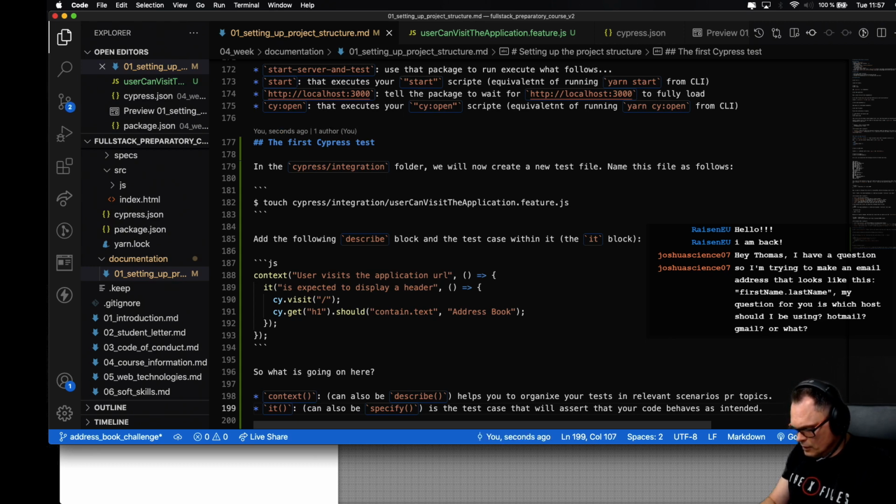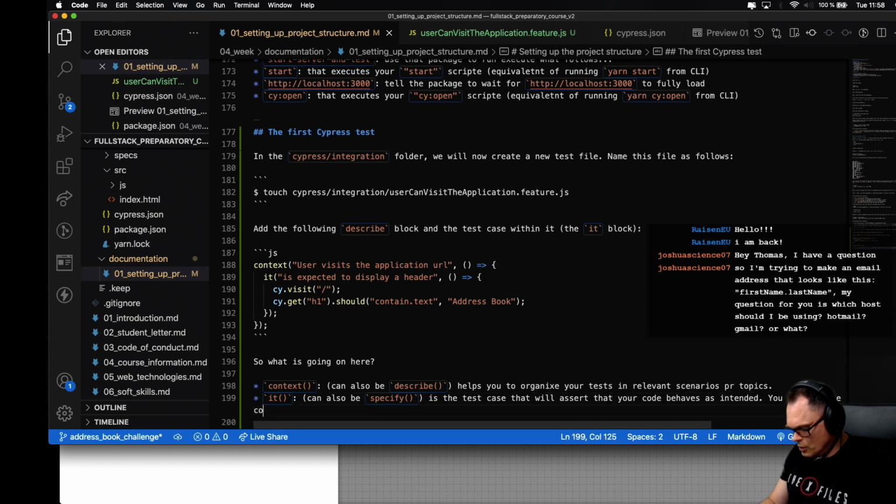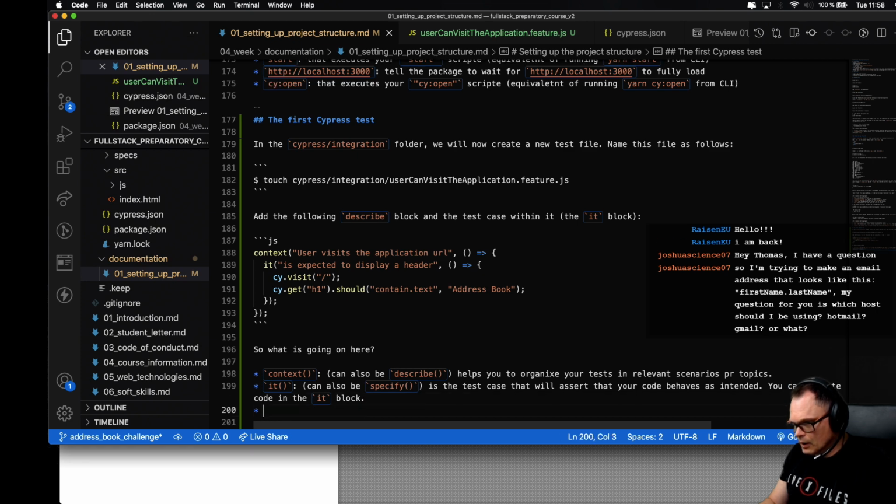Within it you can execute code in the it block, right, in the it block, and then we're just gonna say expect is the assertion interface that